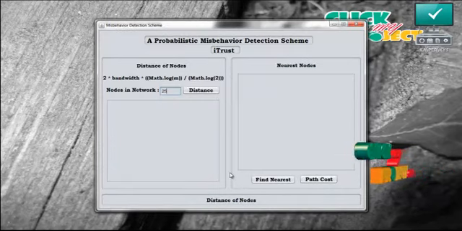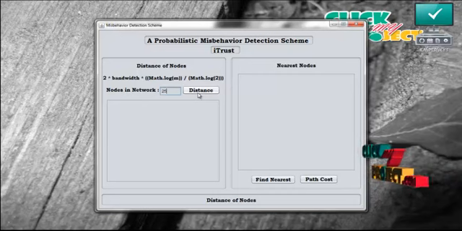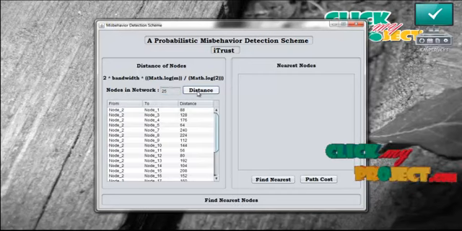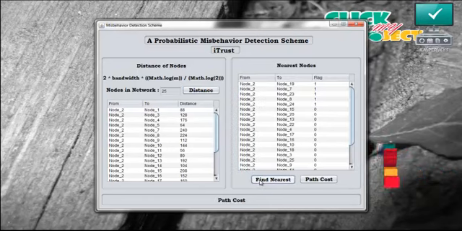It is the starting phase in the routing model. In routing we have to calculate the distance between the sender and the other nodes in the network. From that distance, find the nearest nodes in the network. Now press find nearest.